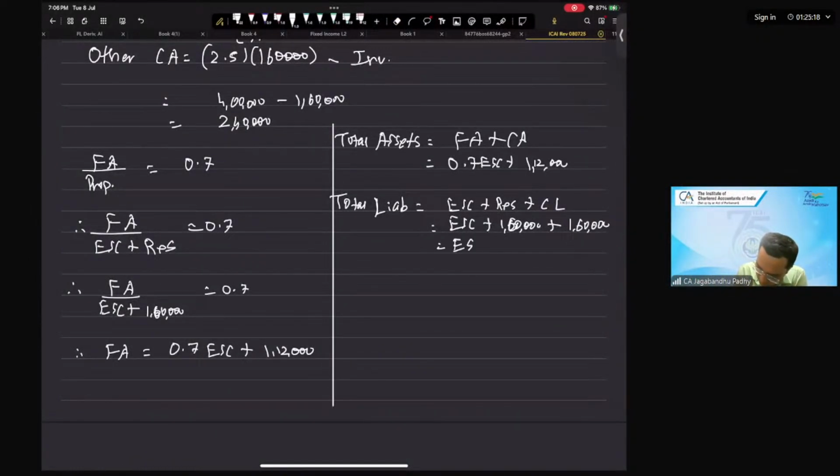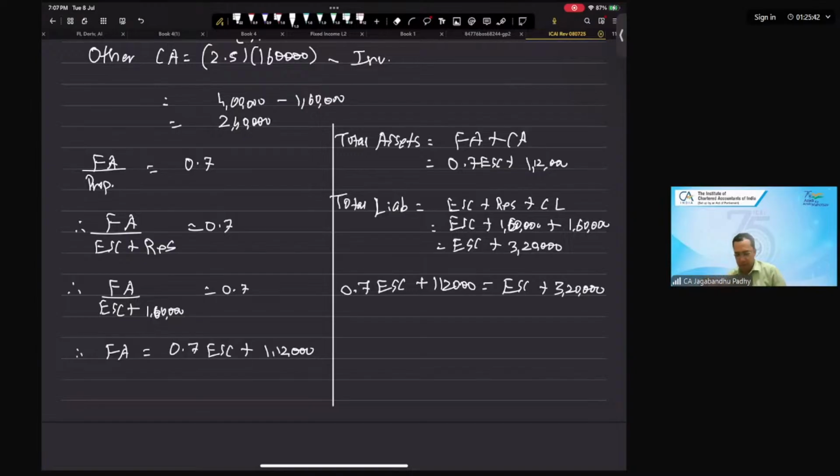This is equity share capital plus 1,60,000 plus 1,60,000, which is 3,20,000. Now, of course, the liabilities and assets should be equal. So we can say 0.7 equity share capital plus 1,12,000 should be equal to equity share capital plus 3,20,000. Now we can bring all equity share capital numbers on one side,